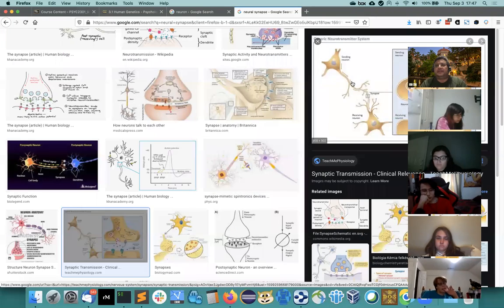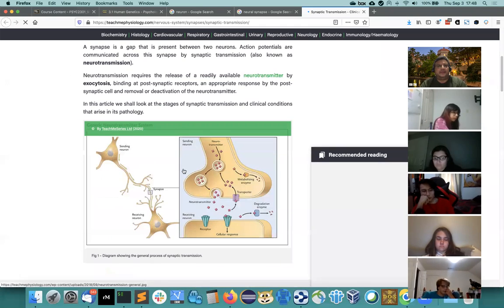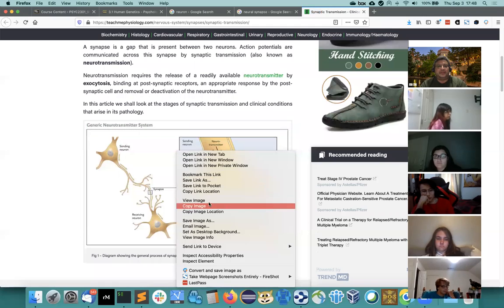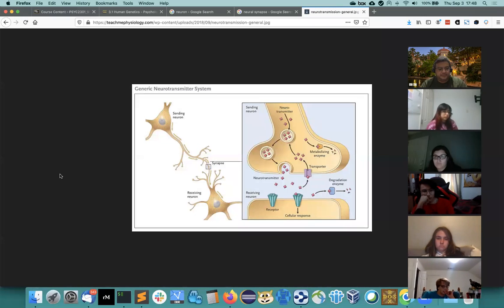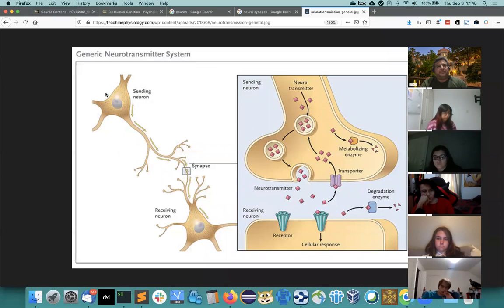And here is a little diagram of that. Let me show you that real quick. Let's view image, and let's make this a little bit bigger. There we go. So here's kind of a close up, right? Here we have one neuron sending an action potential down the axon, gets down to the synapse, and then